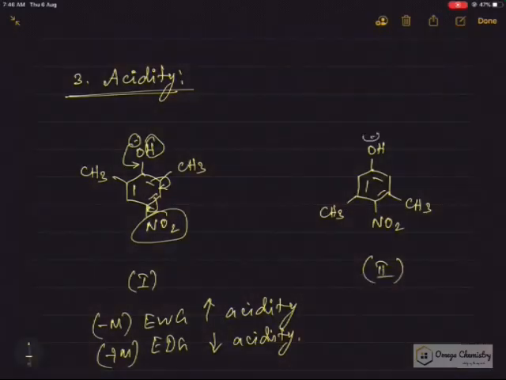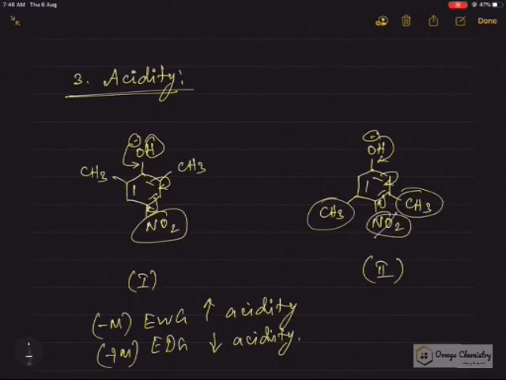Whereas here the same thing will happen, but the problem is due to the presence of bulky groups on the ortho positions to this nitro group on both sides. Because of that, this NO2 group will go out of plane, and that's why it cannot participate in the resonance, which means it cannot help the compound to get stabilized. So the nitro group's contribution will be lesser over here, and that is why compound 2 is lesser in acidity than compound 1.